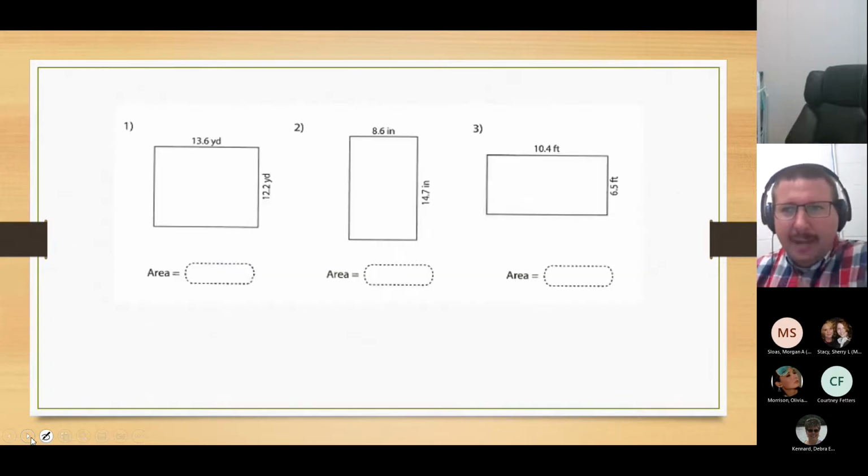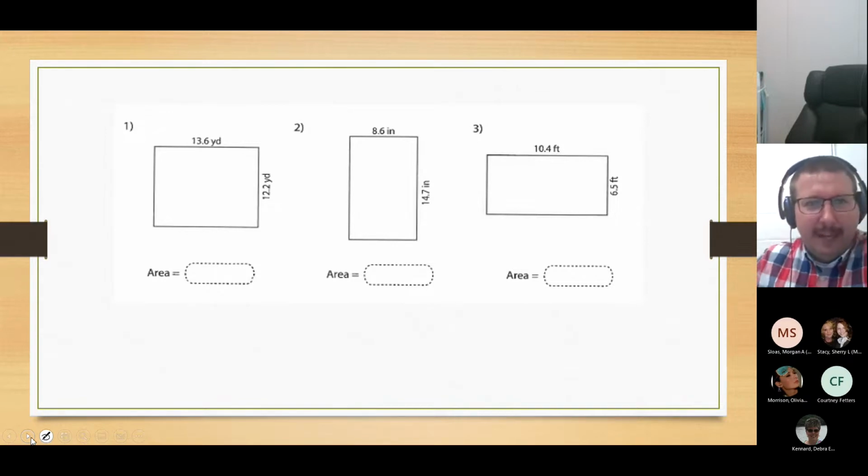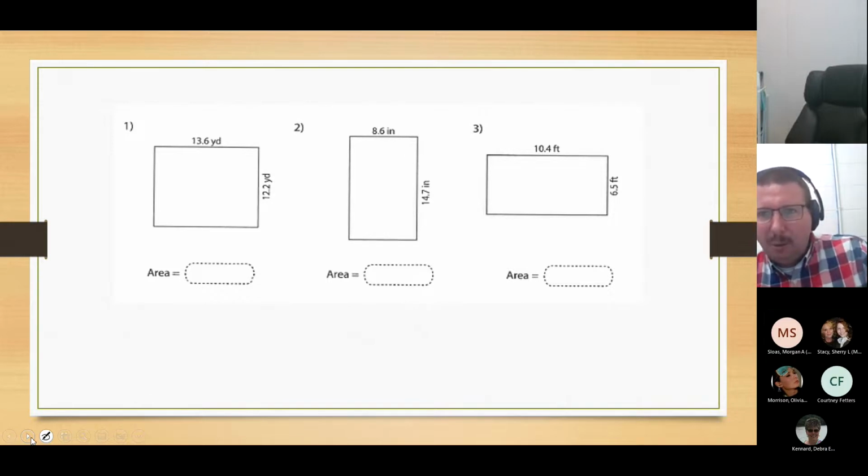So here we have 3 examples. Find the area, you just multiply them. 1, 2, and 3, just length times width. 13.6 is one side, 12.2 is the other. 8.6, 14.7, 10.4, and the other side is 6.5. And to find the area, you just multiply them. So number 1 is